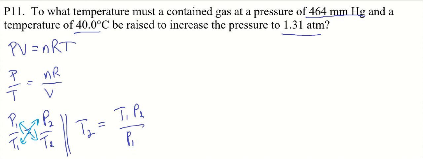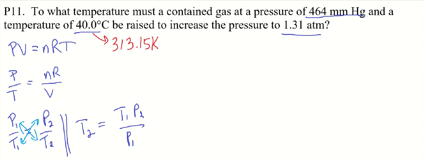Before we can plug these numbers in, we're going to need to add 273.15 to Celsius to turn that into Kelvin. It's going to be 313.15 Kelvin. The other thing is we can't have two different units of pressure, so let's just turn this into